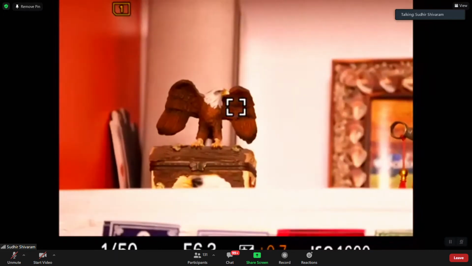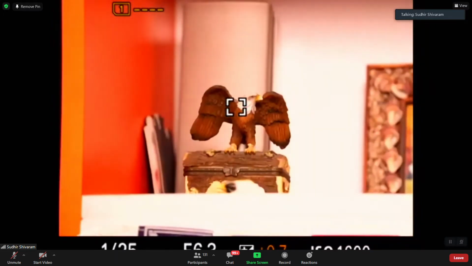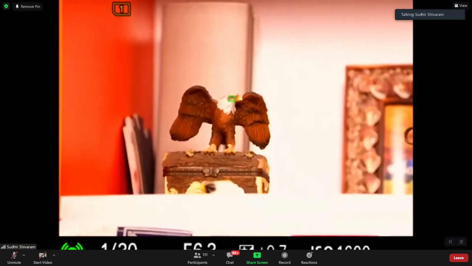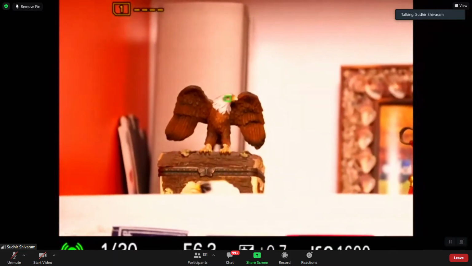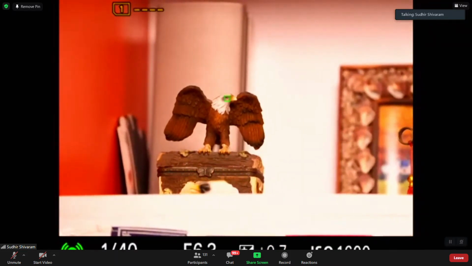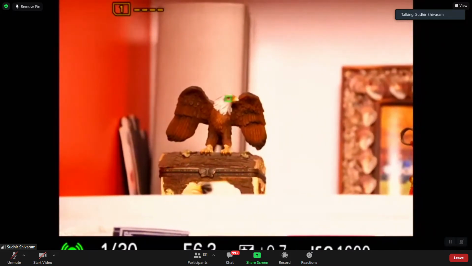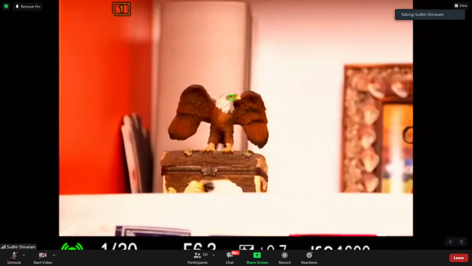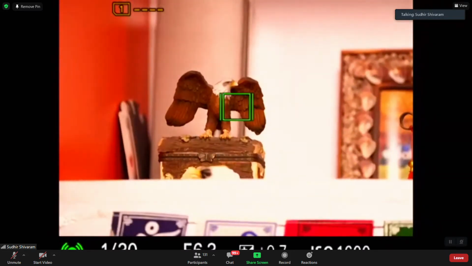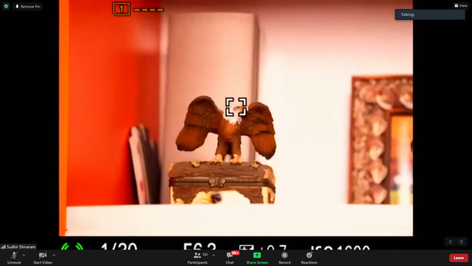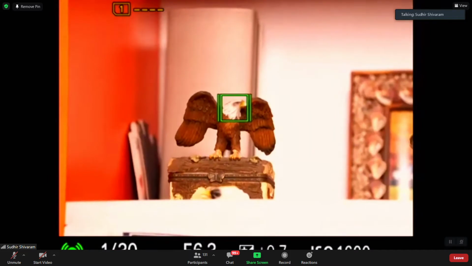Okay. So once I aim at the face and then half press it, wow, this one is actually able to recognize the bird eye. Oh my God. In fact, I've kept the camera in bird eye autofocusing, and the camera for some reason is actually identifying the eagle. It's able to do that. So you see, from this square it got shifted to the eye focusing. Again, now it failed. But this is a doll, it's not supposed to, but okay.